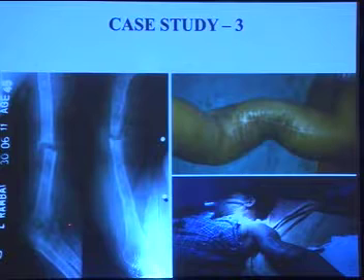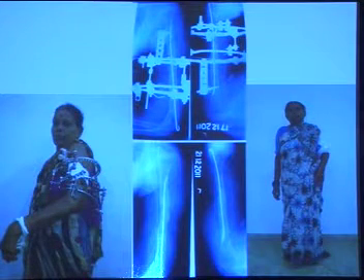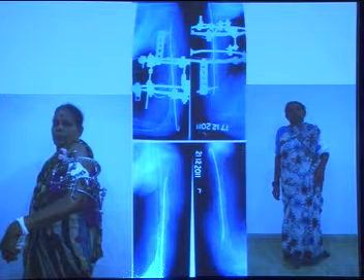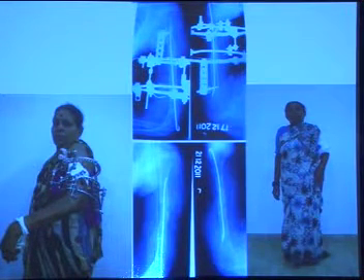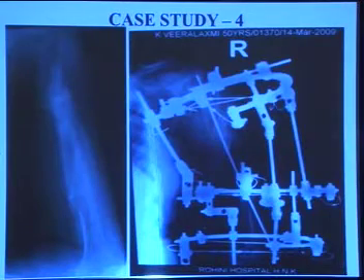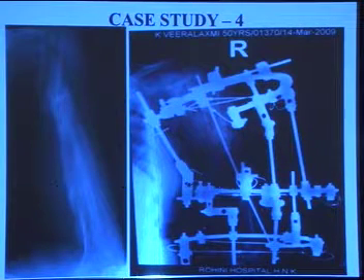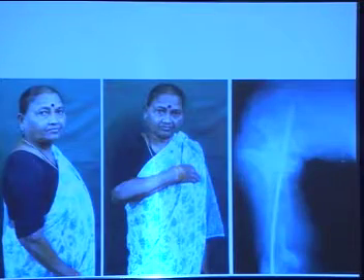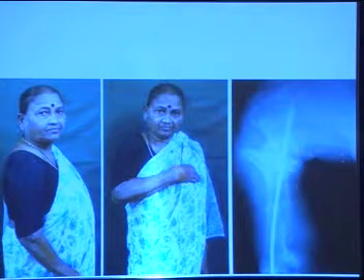And this is another humerus non-union with osteoporosis, a female patient. In this case a nail has been passed to have some additional support apart from the fixator, and bone grafting is also done. And here is a severe segmental type of non-union of the humerus, with severe osteoporosis. Again the nail has been passed and adequate compression is given along with bone grafting. Fracture united, and of course with some malunion, but united well.